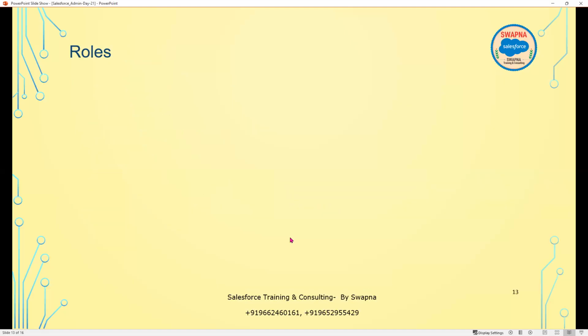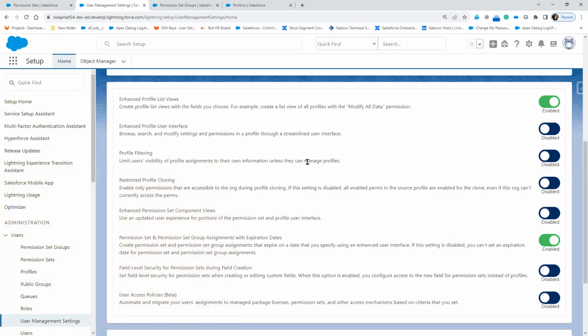Now, the next topic is roles. We are done with the permission set, moving on to the roles. For roles, we will just discuss the definition of it. We will see it in depth tomorrow. Okay, so roles are basically,